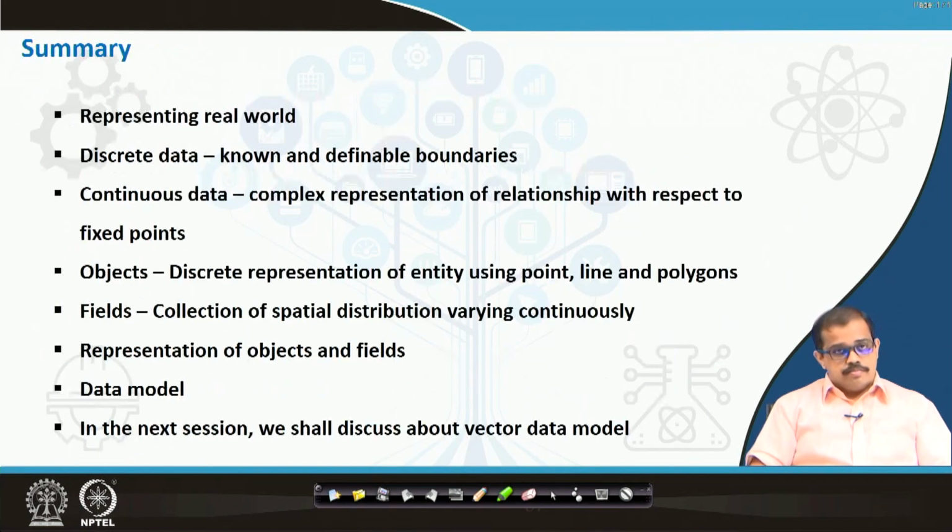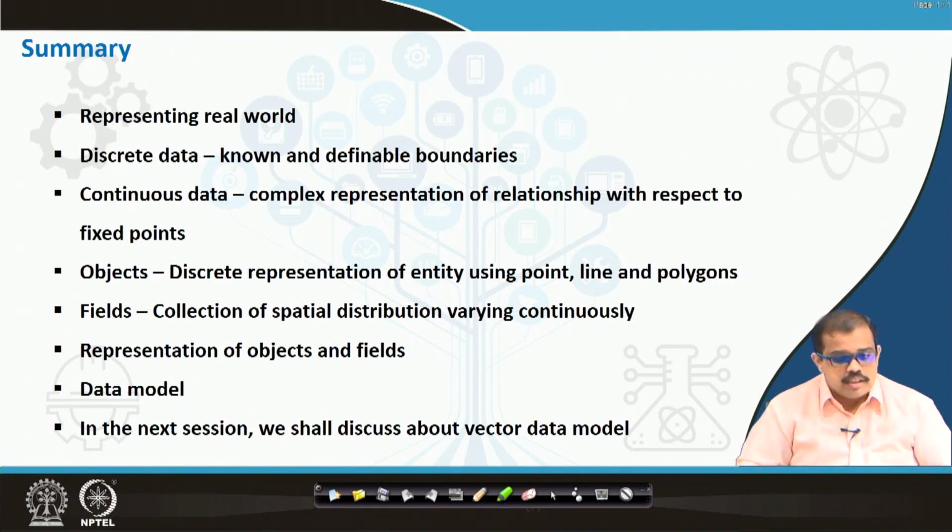So, probably in the next session, we will look at different types of data model. For example, as I said, vector data and raster data model. We will also look at the different vector data models that are there. Okay. There are different ways of representation of vector data, so we will look at those types of model. There are also different ways of representation of a raster data model. We will look at at least one of them, how that particular data model represents the entire data space.